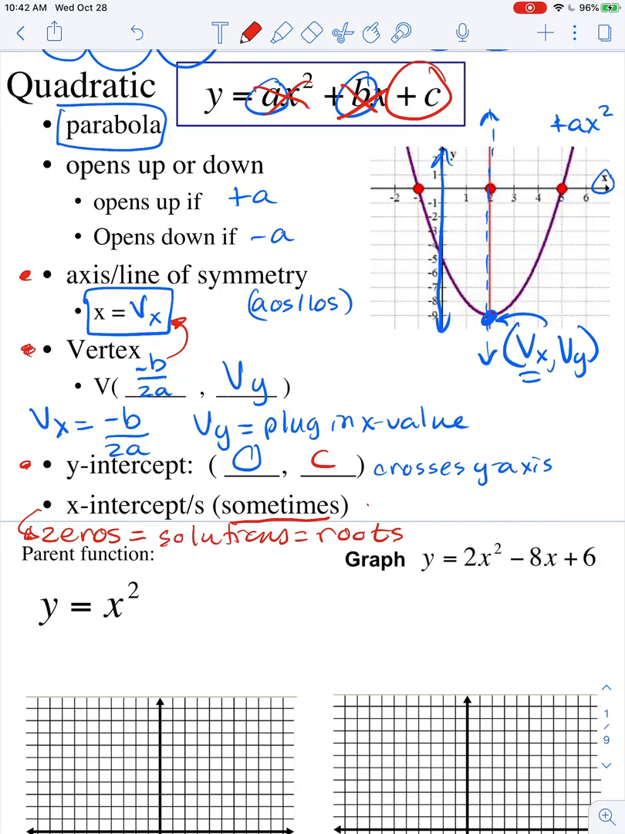And that is going to simply be exactly what it says, where it crosses the x-axis. And we'll work on how to find that as we make our way through this chapter. So let's take a quick look at this particular problem and give those features. So if you had this problem and you were supposed to find the vertex,